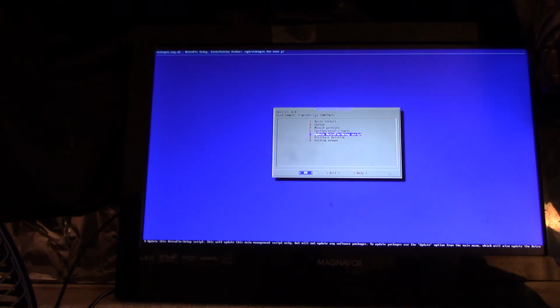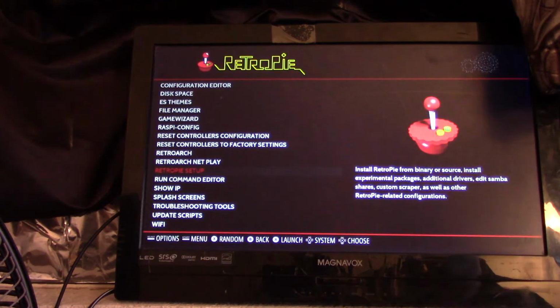Now the screen just got kind of small. I can't do it because mine's already upgraded, and I don't know what it will do if I try to install over my 4.4. So you go to Update RetroPie Setup Script, and make sure the cursor at the bottom, where it says OK, Exit or Help, is on OK. Hit A and let it run through. It'll update the system. Then you go to Basic Install, which basically reinstalls RetroPie. You hit A on this one to update your system to RetroPie version 4.4, which seems to be a lot more stable with some of the other emulators, like